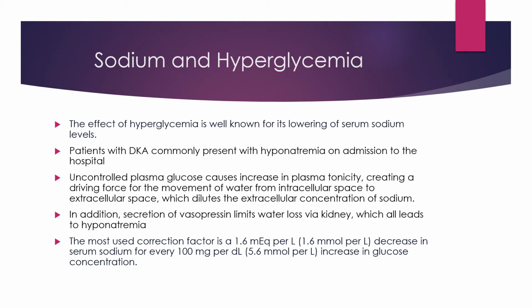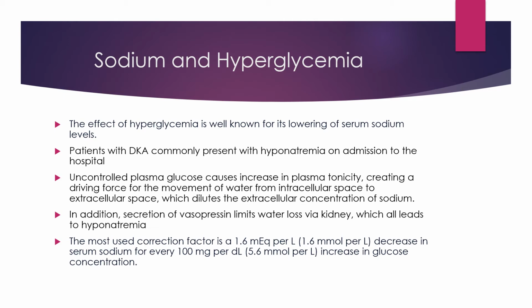Additionally, vasopressin secretion due to volume loss limits the ability of kidney to lose water, which in turn contributes to hyponatremia. So, with the onset of hyperglycemia, serum sodium falls, and it continues to fall as the blood sugar rises. It means patients of DKA have low serum sodium value as initial finding. Though it occurs most of the time, it is not always the case. Some of them may develop high serum sodium as a result of free water loss through kidney due to osmotic diuresis.